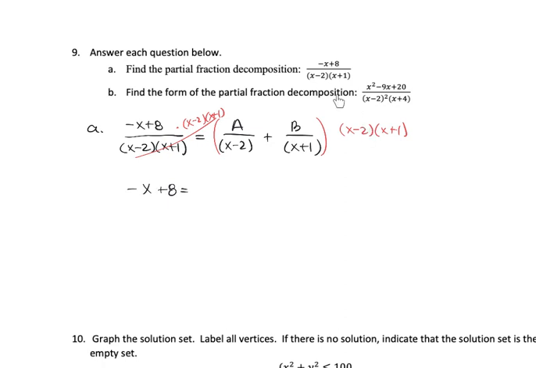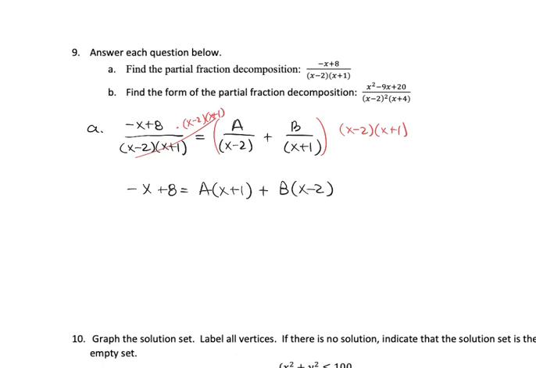Now when the lowest common denominator multiplies the a partial fraction, the x minus 2's cancel out, x plus 1 distributes to the numerator a, so that's a times x plus 1. And then when the lowest common denominator multiplies the b partial fraction, now the x plus 1's cancel out, so x minus 2 distributes to b, so it's b